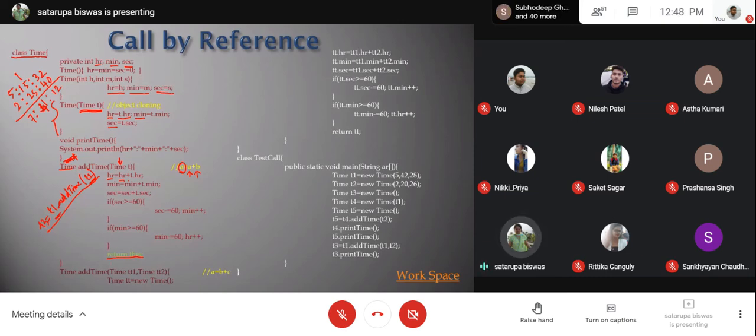So for that purpose, you are trying to return the added value. And the return of that added value could be done using this return. Okay? And what type of value you are going to return from here? The same time object you are going to return. But which object you are generating after addition? The caller itself you are going to change.